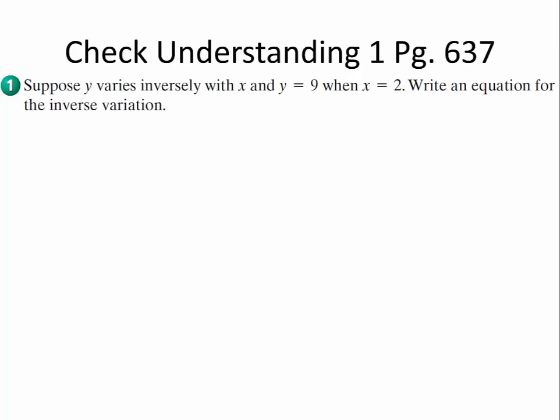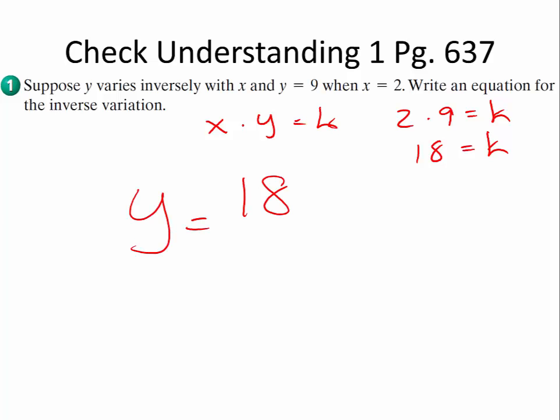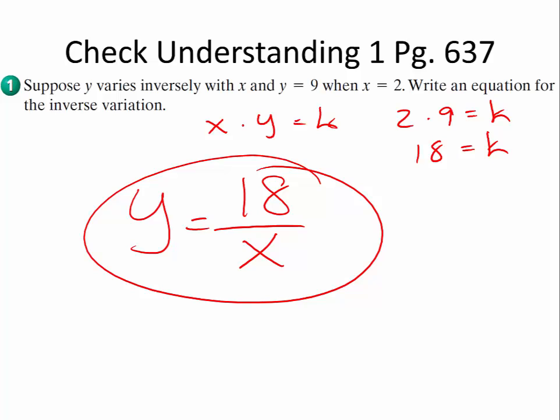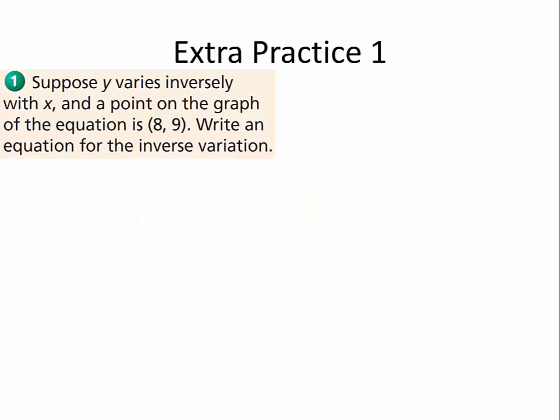All right, if you did this one correctly, step 1, take x times y equals k, which is 2 times 9 equals k, 18 equals k, sub 18 in, y equals 18 over x. And done. All right, it says here, suppose y varies inversely with x and a point on the graph of